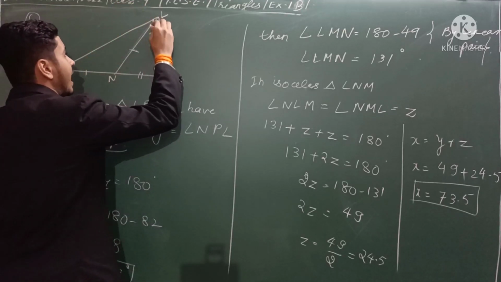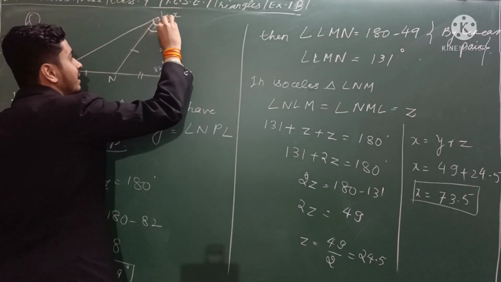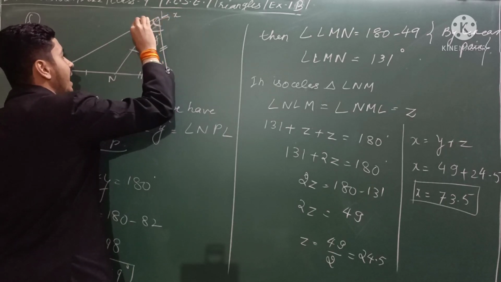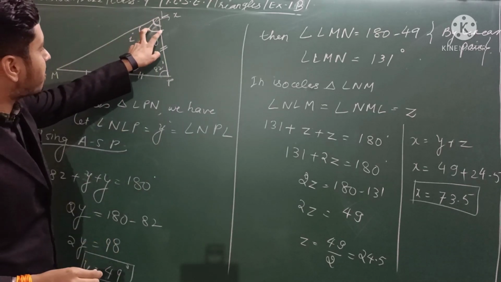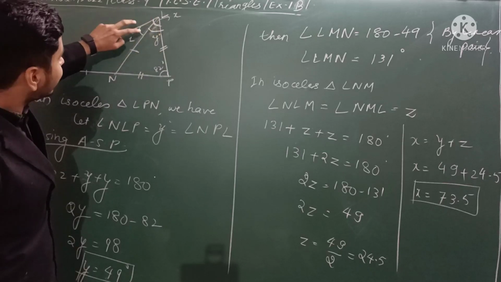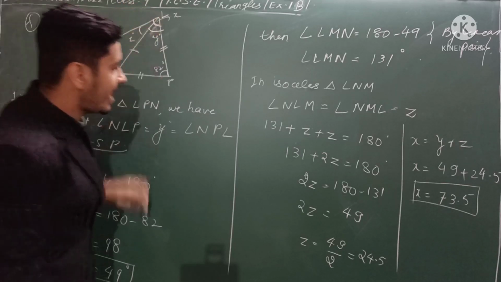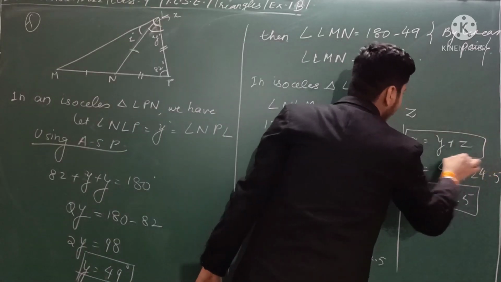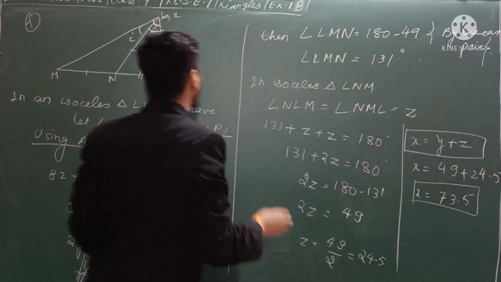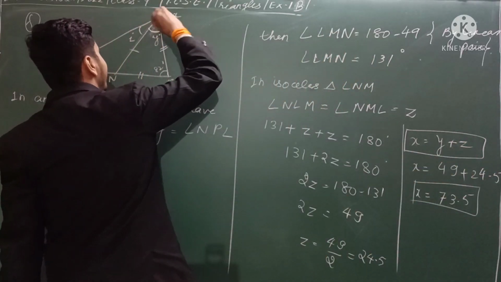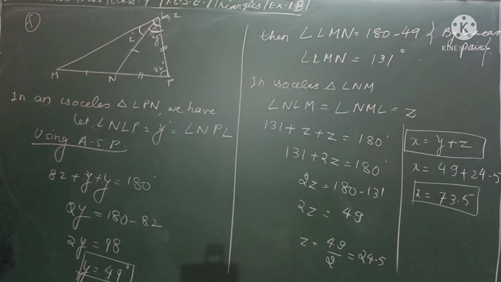So what I am doing is dividing. This is x, given, so I am dividing that. Let this be y degrees and this be z degrees. I have divided so that this part is y and this part is z. So how can we get the value of x? See, let me show you the last step: x is equal to y plus z. At last I will do y plus z. So first of all, we need to find y and we need to find z. This is our primary thing.